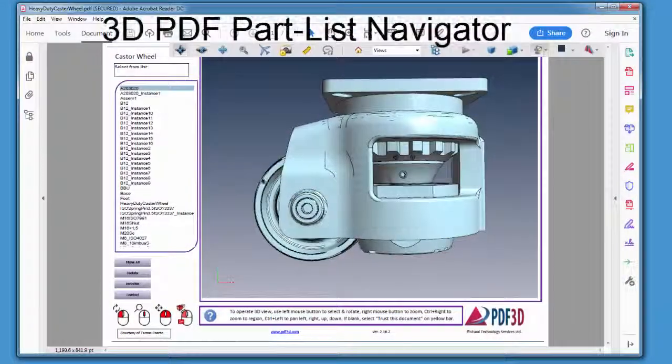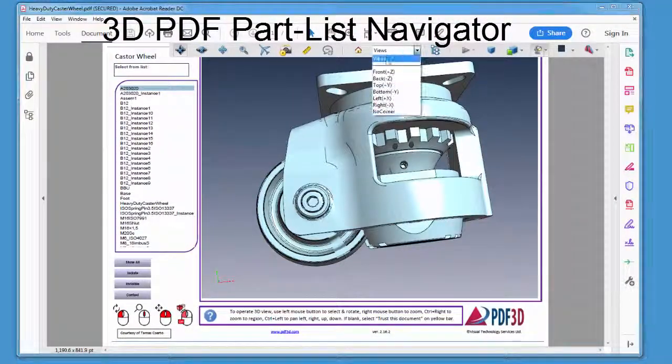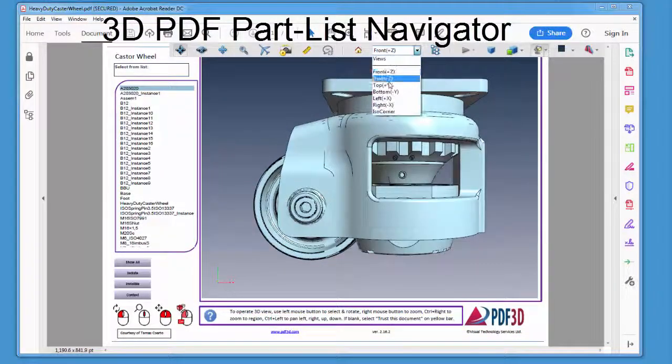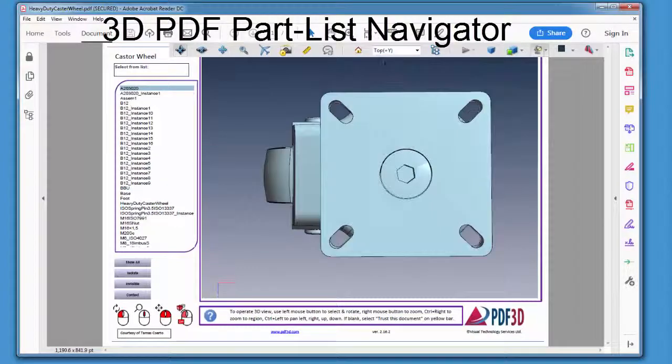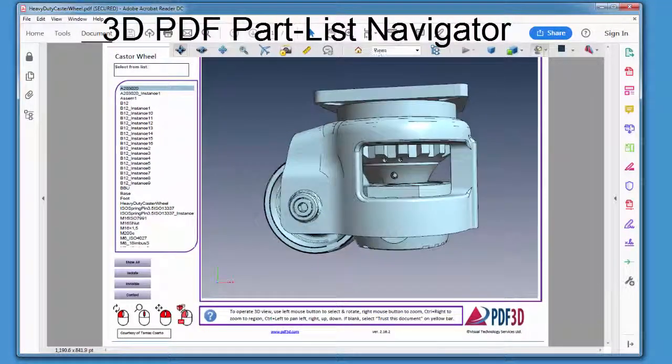Once conversion is completed, we can open the output PDF and see that we've got our same STEP file model now converted into a 3D PDF view where we can change the views from top, right, side view, front, etc. And each of the parts can be selected directly from the 3D view by clicking on them